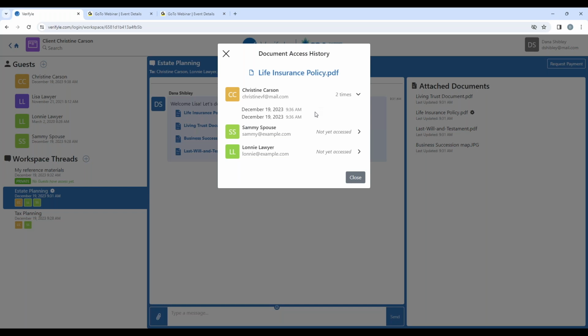Okay, now that's reflecting West Coast time, of course, because I'm on the West Coast and you're just seeing my screen right now. But if Christine Carson has looked at this document 22 times in the last few months or whatever, I would be able to see every single one of those access instances here, right? And that would be a really good tip off to me that here's an opportunity for me to add some